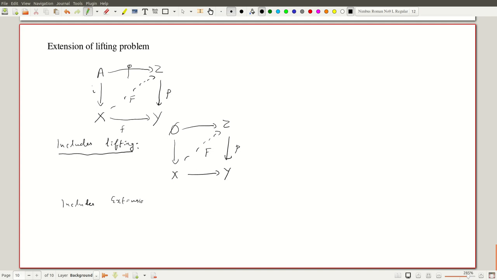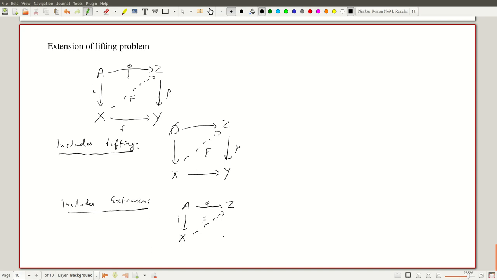So an extension problem can be viewed as an extension of a lift, or lifting of an extension problem. Well, how is that? Geometry will be a little bit different, but our extension problem is A to X, and I'm going to call the space to which I want to extend it Z, not Y, and I'm going to put it up there because I want the arrow to go this way. But other than shifting the triangle, this is the same problem. So we have a function already defined on X. This is an inclusion, this is our restricted function, and we want a capital F.